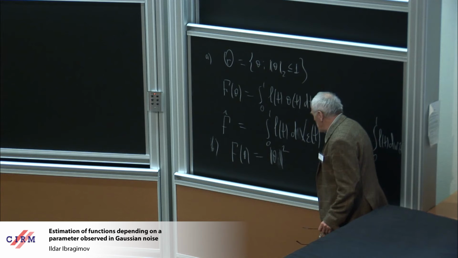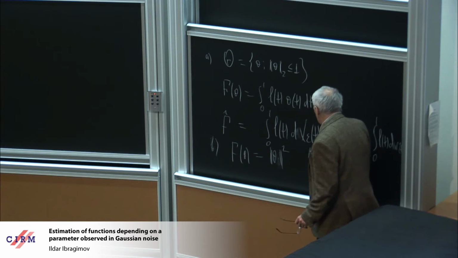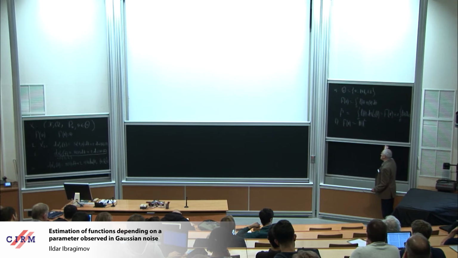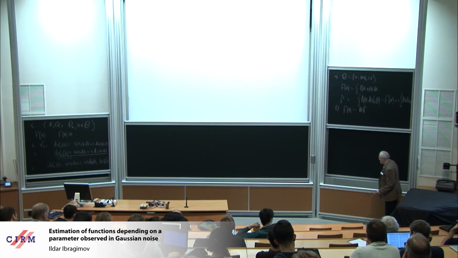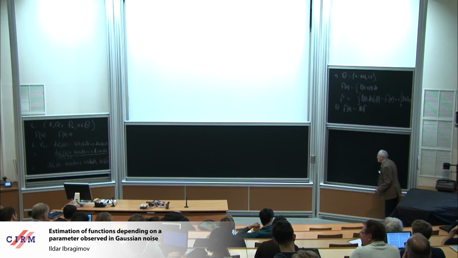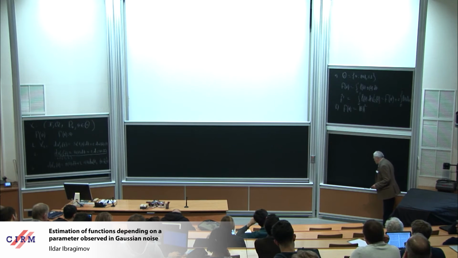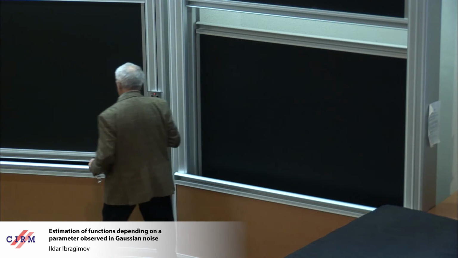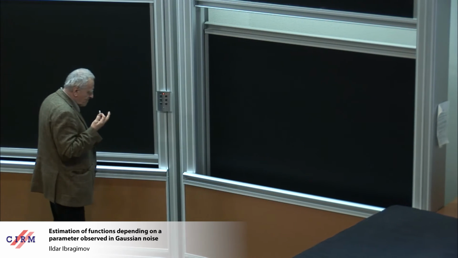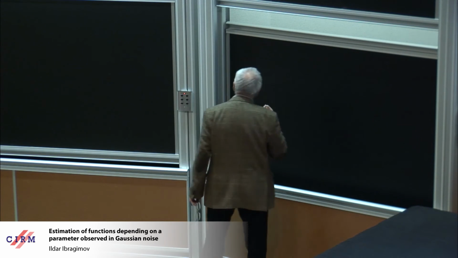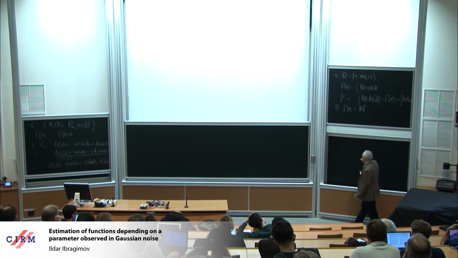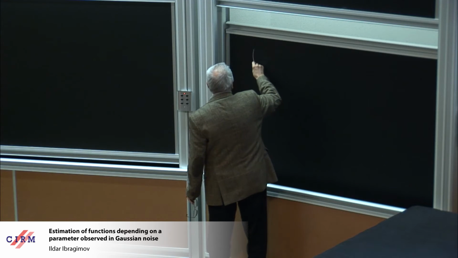I formulate the following theorem, which was in some sense the beginning of this theory. So we began to study this problem, to understand the connection between the functions and properties of theta, with Kosminski somewhere at the end of the 70s. And one of the first results looks as follows. Suppose that we consider this problem 2, and suppose that theta has the following property.